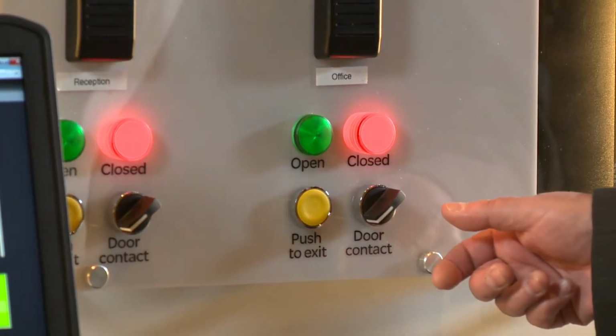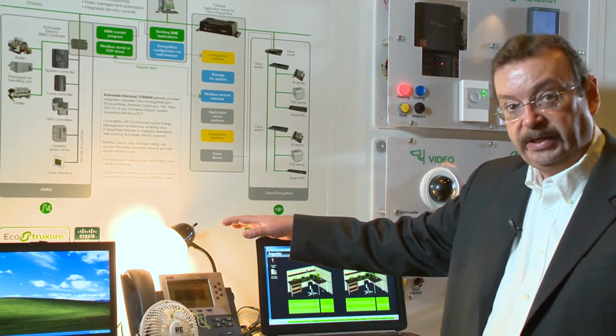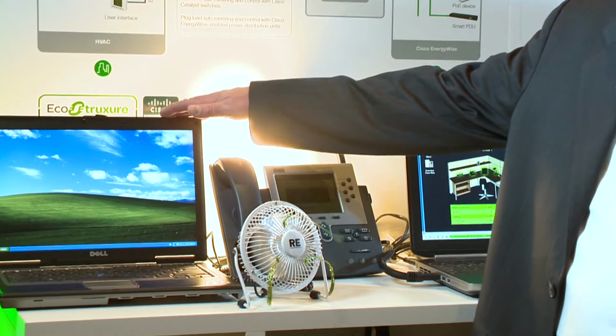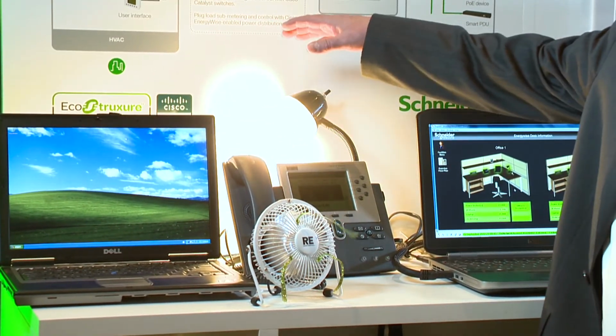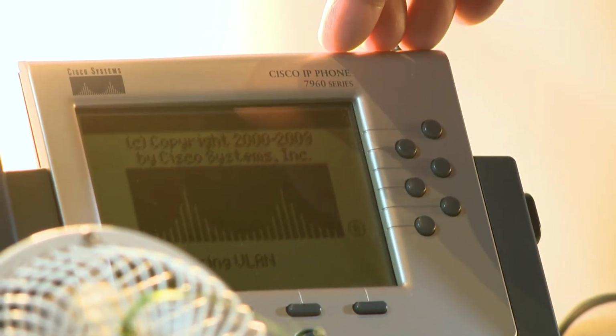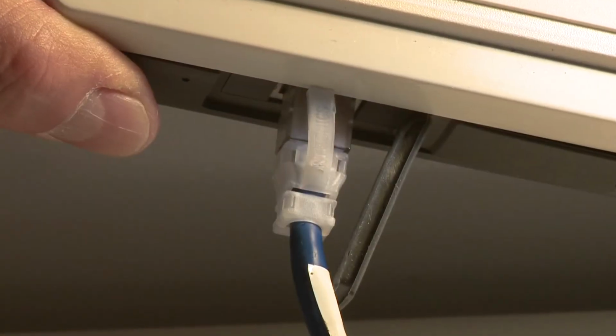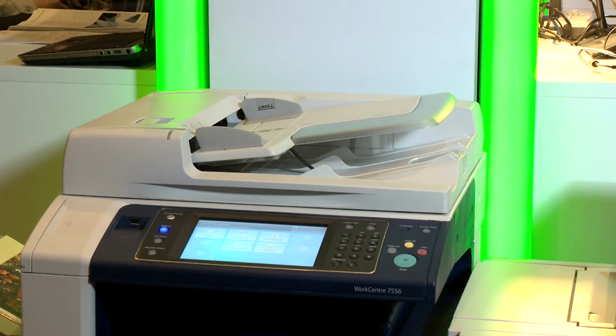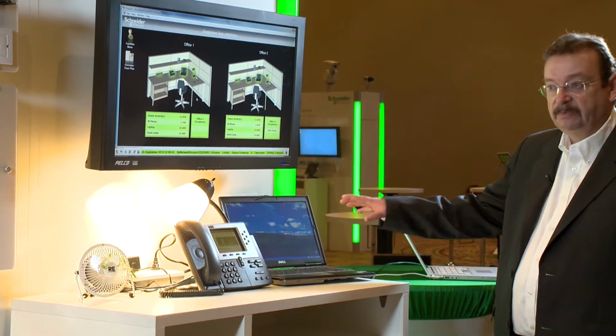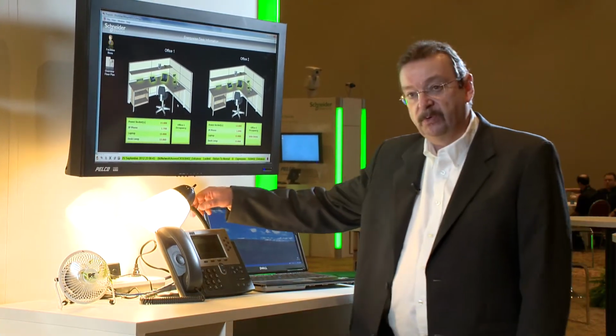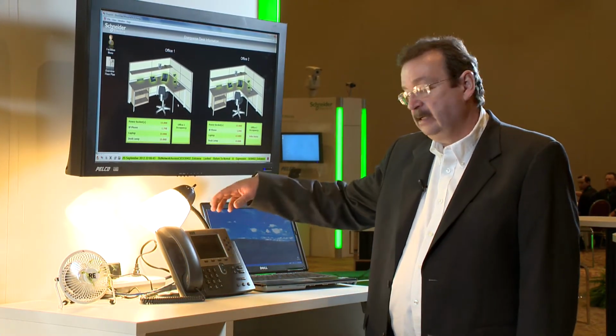door contacts. On the left side, we have our reception area, which has a PC, a couple of plug loads, a desk lamp and fan, and a power over Ethernet telephone. And in the back, we have a Cisco EnergyWise enabled outlet strip to control the plug loads. We also have a large group printer from Xerox that's built on Cisco's EnergyWise technology. On the right side, we've got another office with similar equipment. We've got a PC, we've got a couple of ordinary plug loads, a lamp and a fan, and another Cisco